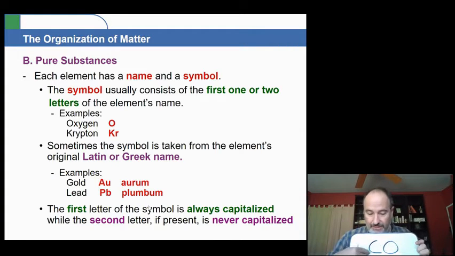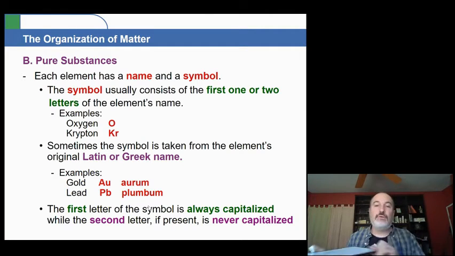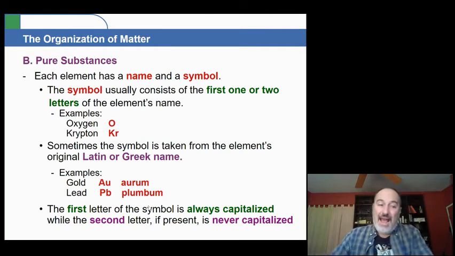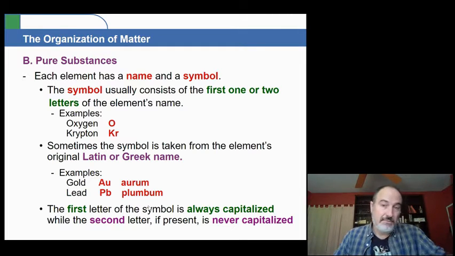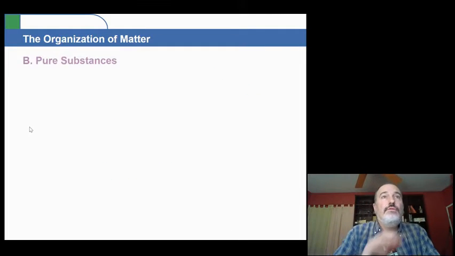And it's very different than this. This, because there's two capital letters, indicates two individual elements, carbon and oxygen. And this is the gas carbon monoxide. And this is very different than CO. So please be very careful when you're writing these out. If it's supposed to be a capital, have it as a capital. If it's supposed to be lowercase, keep it lowercase. All right? So moving right along.